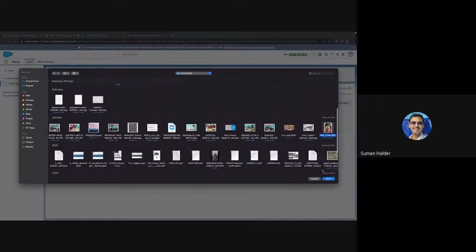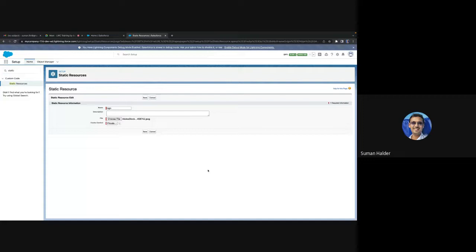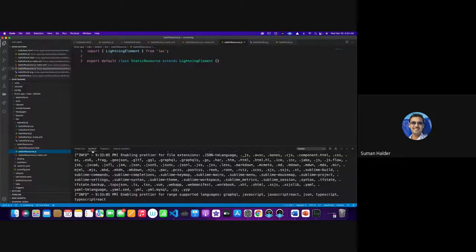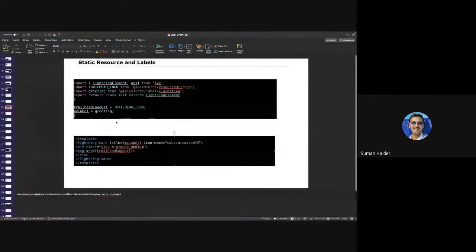Okay, let me use my transport. I think let's use this one, and then I'll make it public. So it says logo. So what I have to do is, if you look at this example, so what I have done is